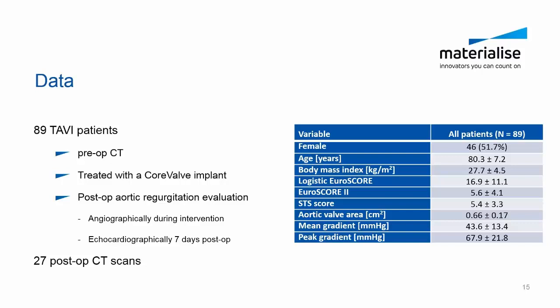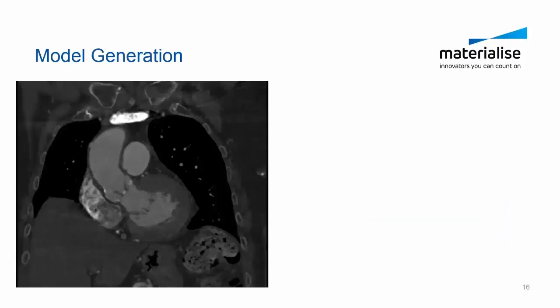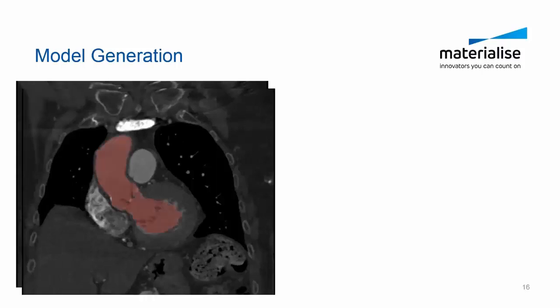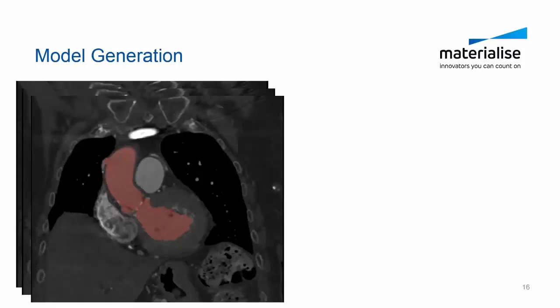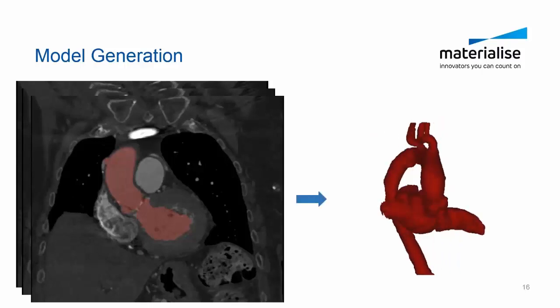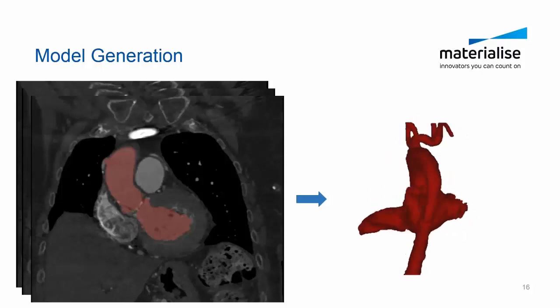For research purposes, they also took 27 post-op scans of a subset of these patients, and we will use them later on when we want to validate our simulation using the statistical shape model. So what we did is we used the pre-op CTs to extract the geometrical model of the anatomy of the patient. So we performed segmentation, also separated the chambers of the heart, and generated a 3D model of each of